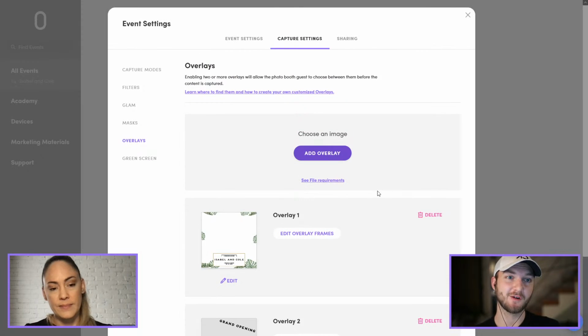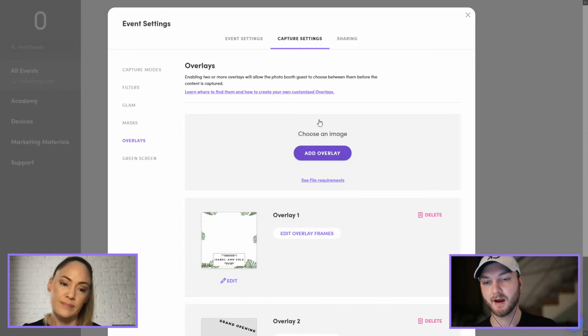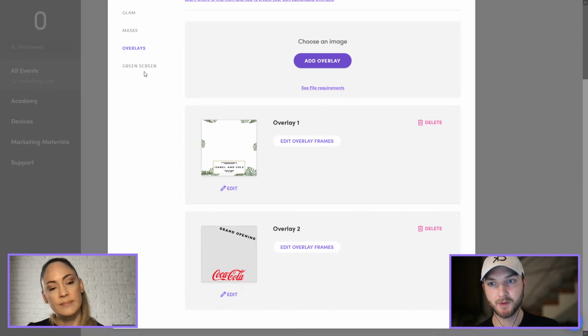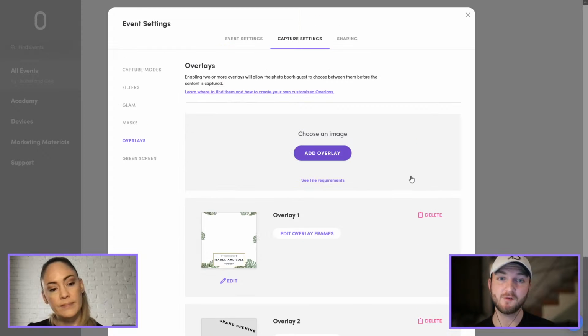Last minute changes aren't such a headache as they once used to be. It just really makes the entire process super simple. The last thing I really want to show off with the overlays is you still do have the option to